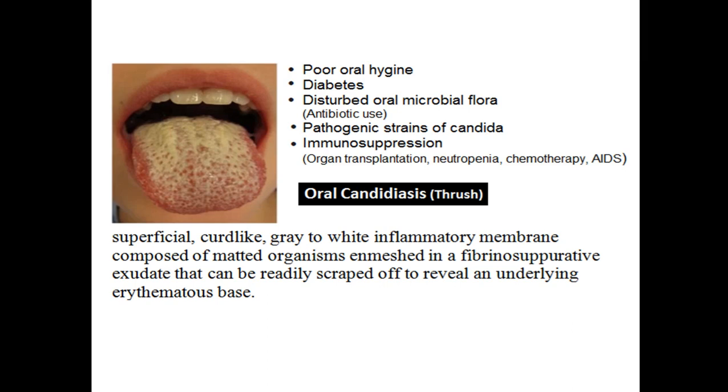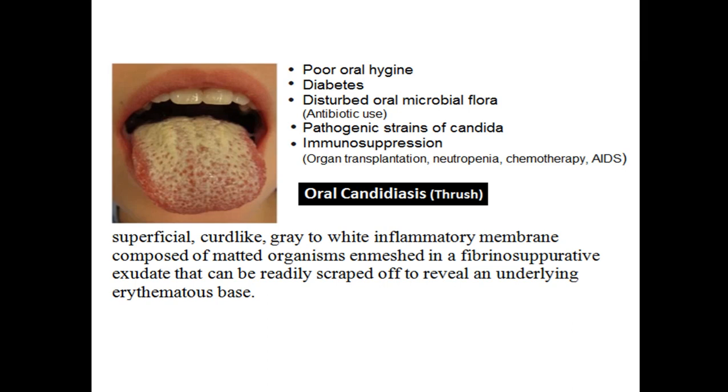As I told you, there are many strains of Candida, but only some of them infect man, and of them Candida albicans is the most common. There may be some very pathogenic strains of Candida albicans that cause more serious infections, and immunosuppression, in any way the immune system is weakened,